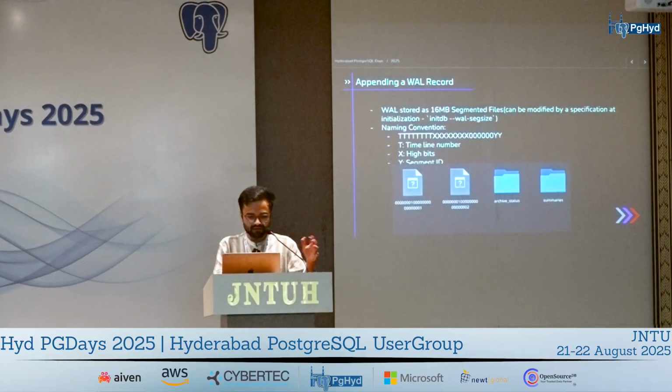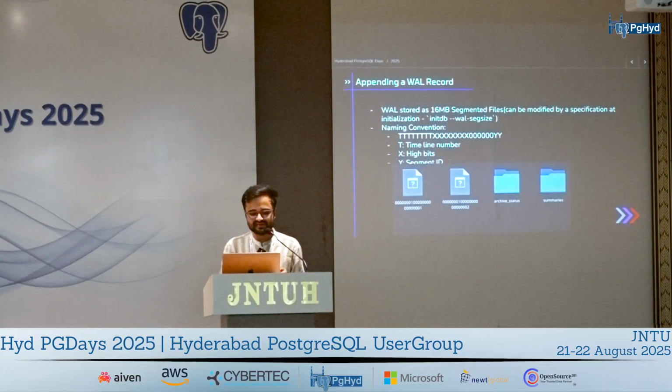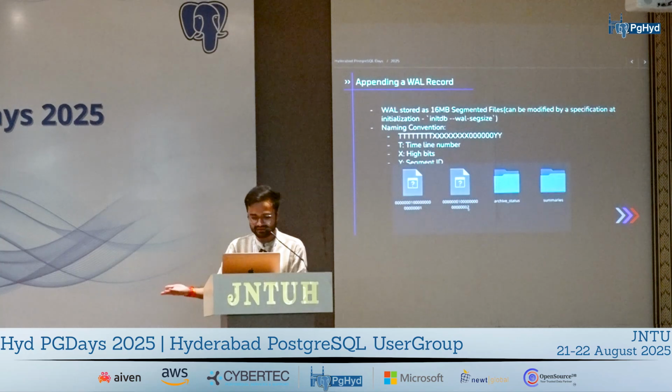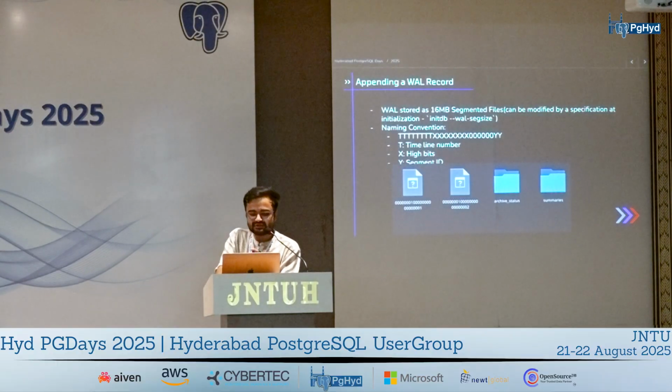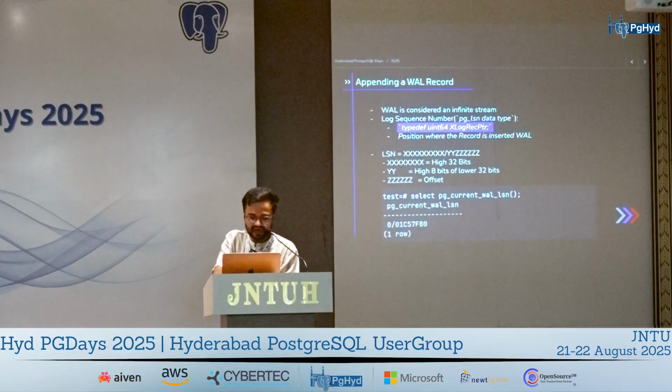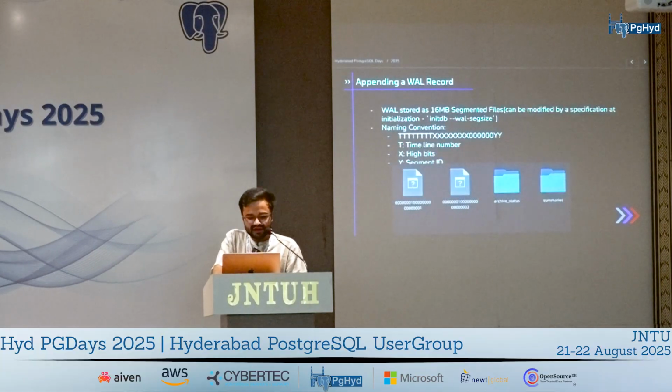If you go into your pg_wal directory, you'll notice that you have files with a very weird sort of naming, but you'll see that they follow a very serial pattern, right? As you can see, this one ends with 1 and the other file ends with 2, so these are serial, in order. The last 2 digits are actually the high 8 bits that we discussed earlier. So this is where these bits come in.